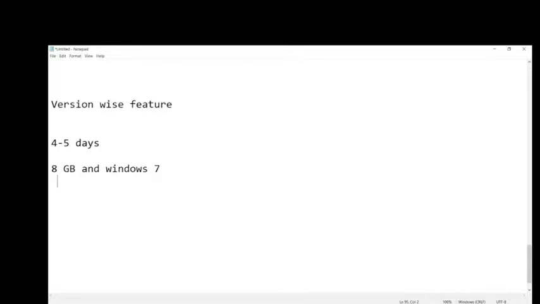I'll show you that process once the installation has completed, so that you can run the application directly on your phone, which will reduce some burden on your system.